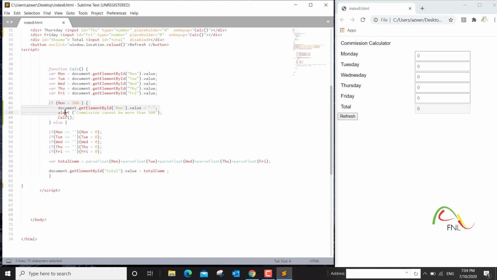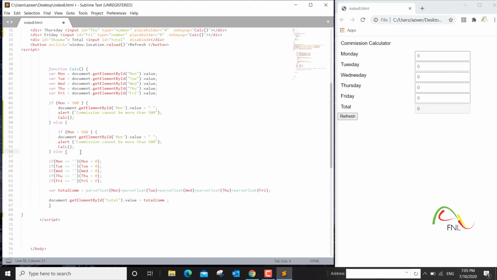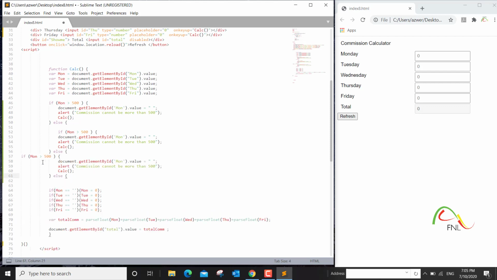So we can copy and paste this part of the script for our 5 input fields. So I will Control V, and then I'll close this opening curly bracket here, and then I will do the same thing for our third input field. This should be closing curly bracket, and this is another closing curly bracket.